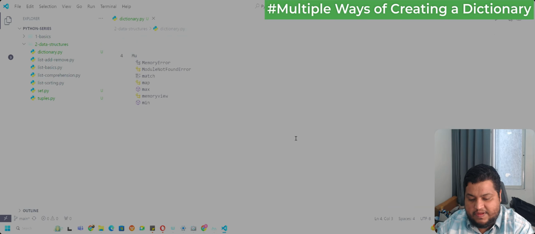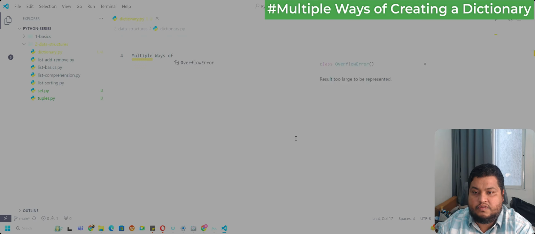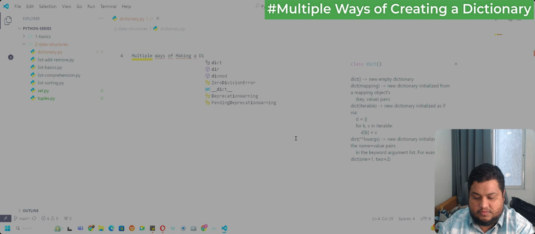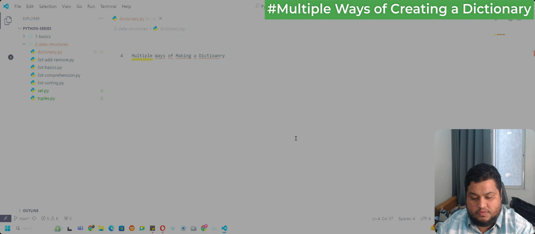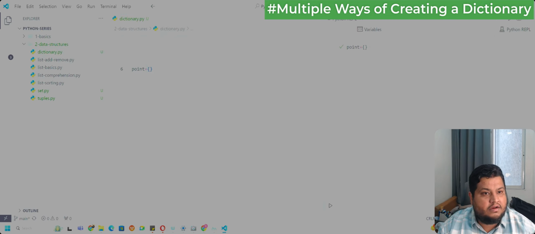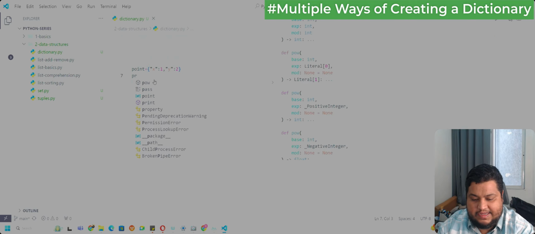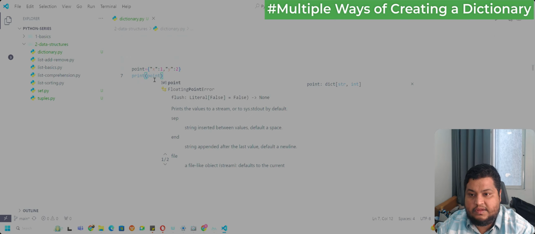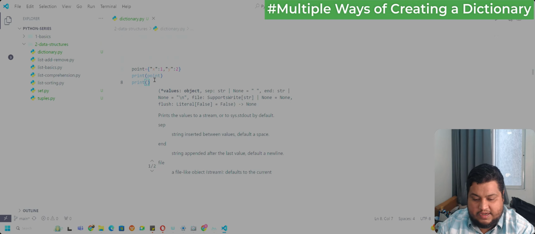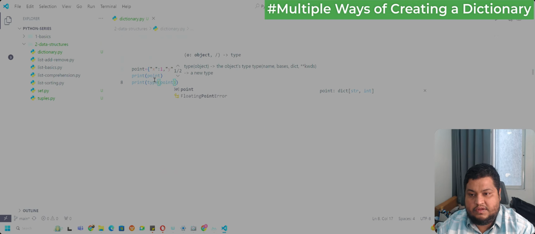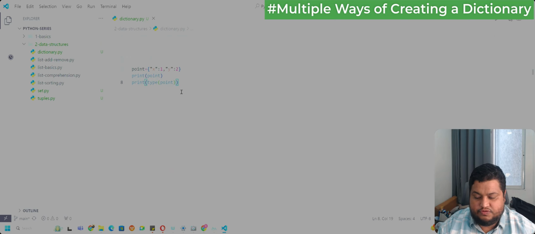Let us start with multiple ways of making a dictionary object. Okay, so first way, as we discussed, I'll take a point object. So we can say x colon 1, that is the x coordinate value, and y colon 2, that is the y coordinate value. And then I say print the point and print the type of point. And this is something, if I try to execute now,